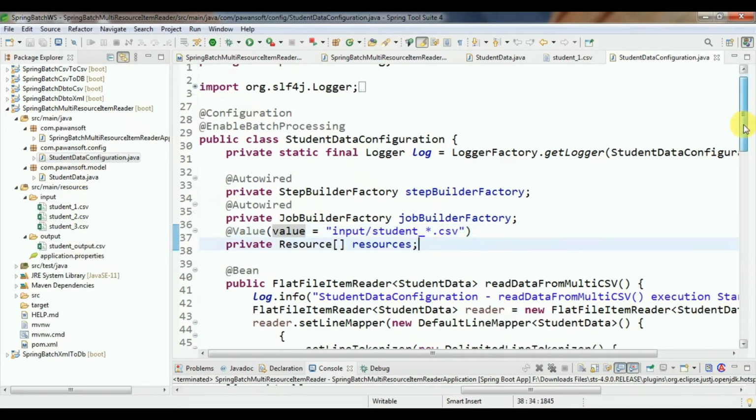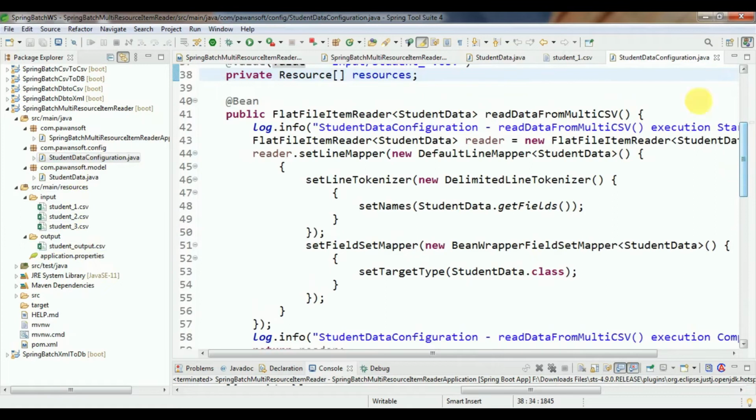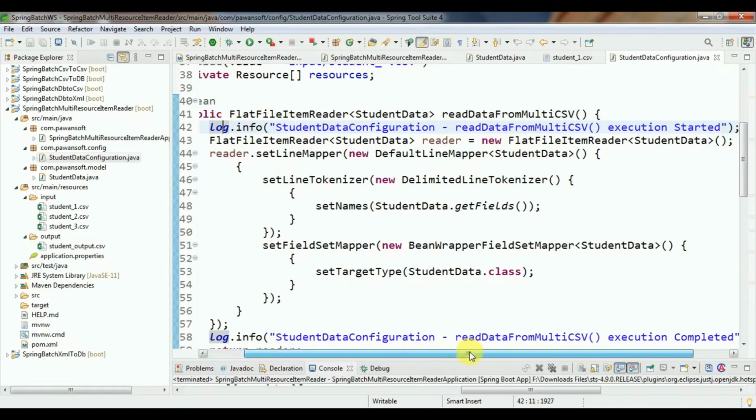To read the data from the CSV you have to use the FlatFileItemReader. The FlatFileItemReader will help you read the data from the CSV file. And this is the logger.info: this method execution is started.